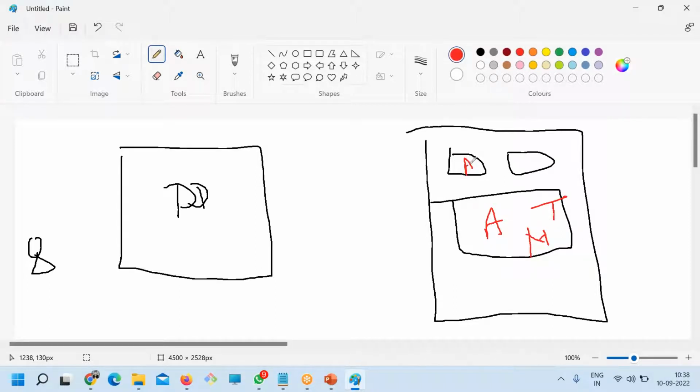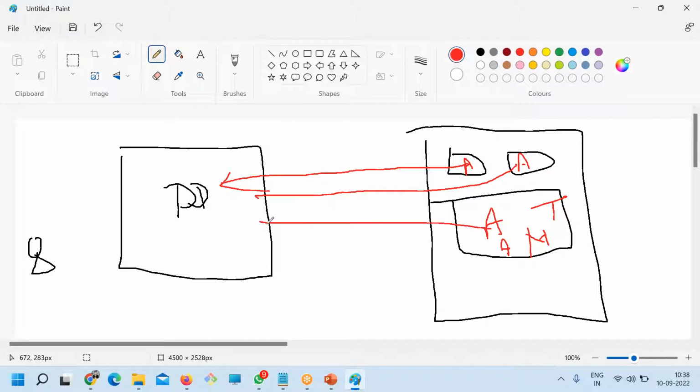So here we install the agent, here we install the agent, here we install the agent. All this information is sent to Datadog: system information, network information, application information, everything. And you connect to the Datadog website, it's a SaaS-based software, and then explore the stuff: metrics, events, logs, create a dashboard.